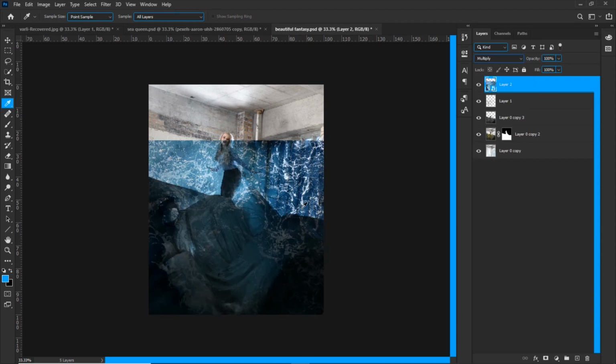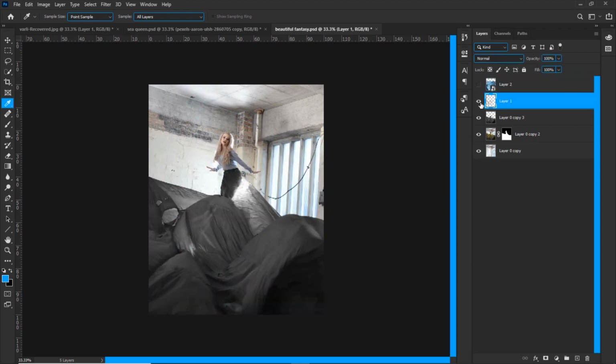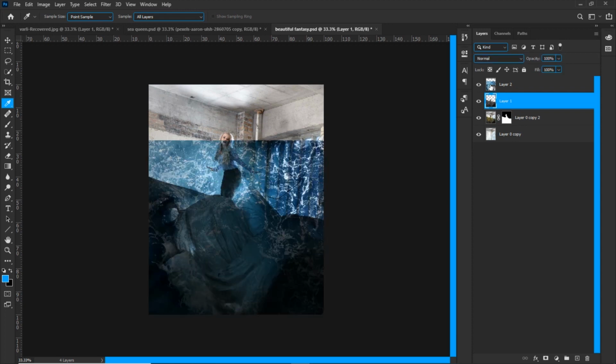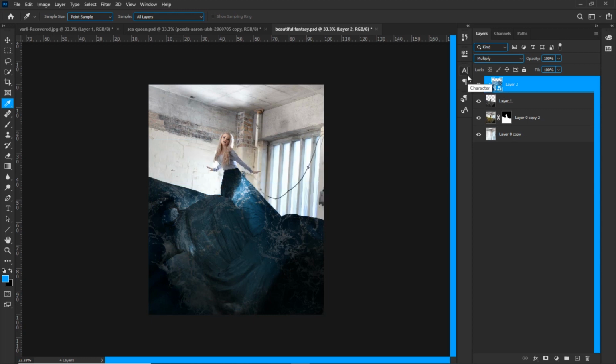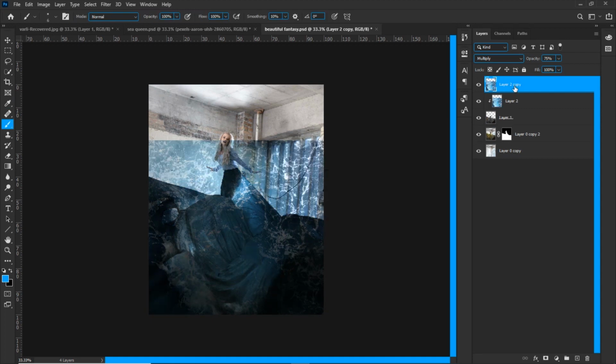So now what I need to do is to just clip this water layer to this skirt. And how do I do that? I'll merge the skirt and the clone stamp layer together by hitting Ctrl E, and now I have them on one single layer, and I will hold Alt and click on the line between these two layers to clip them together. Now I only have the water on the areas that I want, so I'll duplicate the water once more,